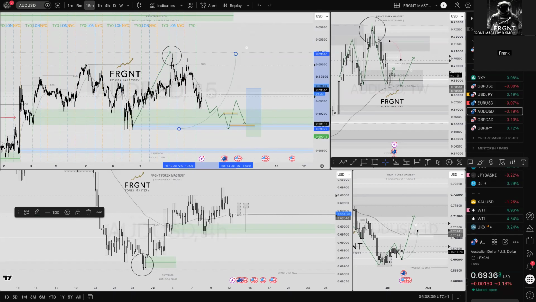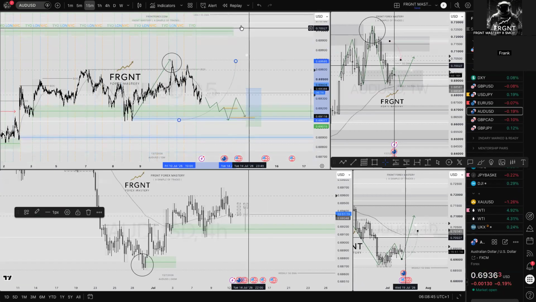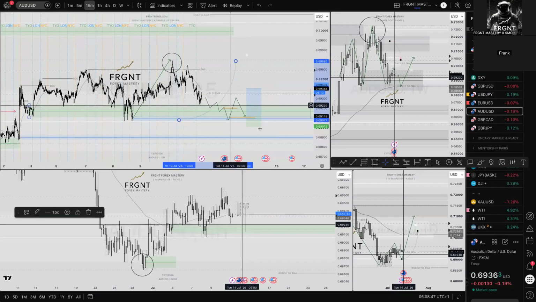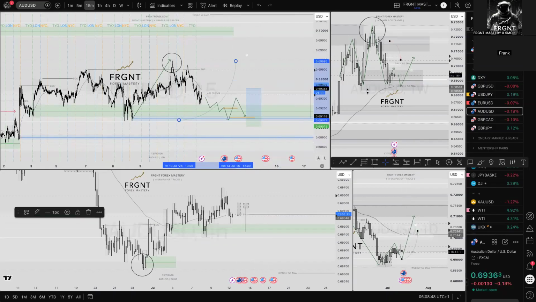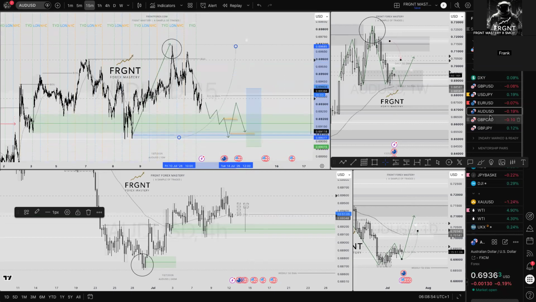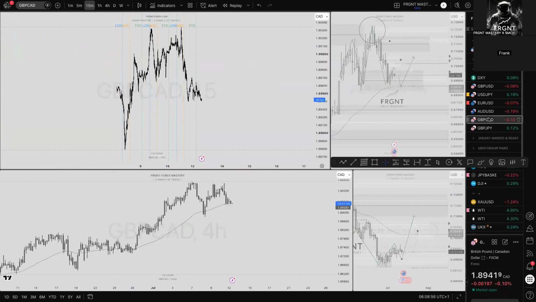So that's AU looking for longs coming out of the area. I won't go over shorts because I won't be shorting until price comes up here. And I'm very interested in the longs, to be quite honest. So we'll see how that gets on. GBP CAD. To be honest, there is a lot to go over, team, already, but we'll have a look at GBP CAD.